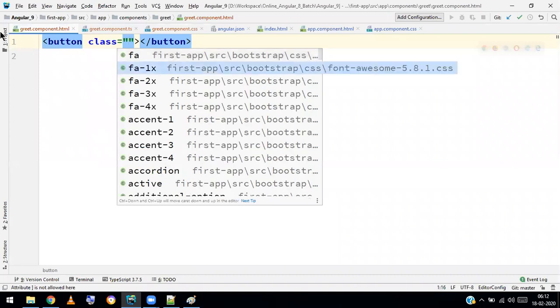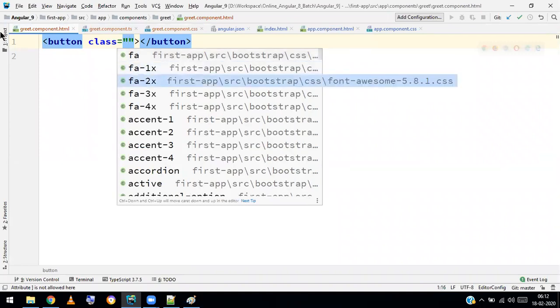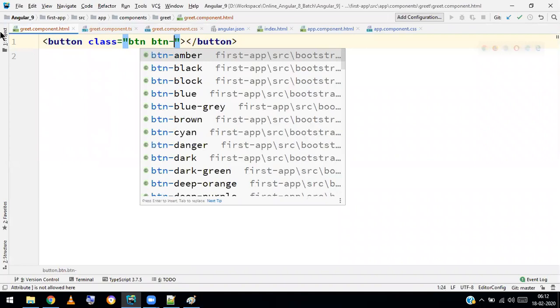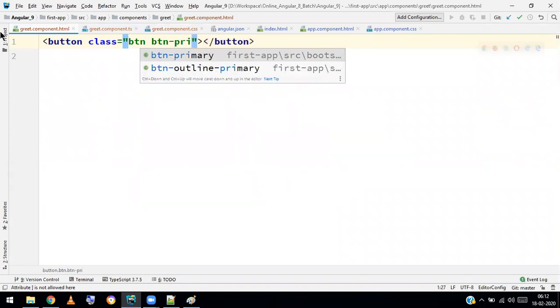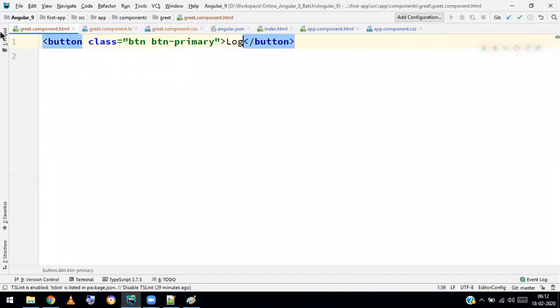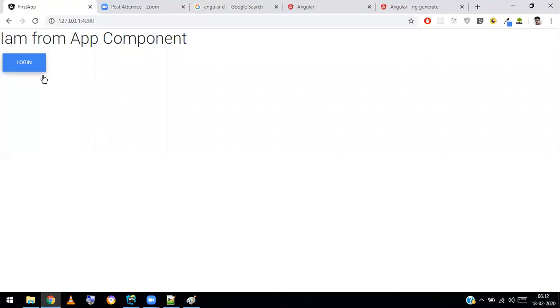See, it started recognizing your Bootstrap styles. So btn btn-primary, fine, and then let's say Login. So you should get the login button of Bootstrap. Yes, you got the login button. It means the Bootstrap styles have been successfully configured.